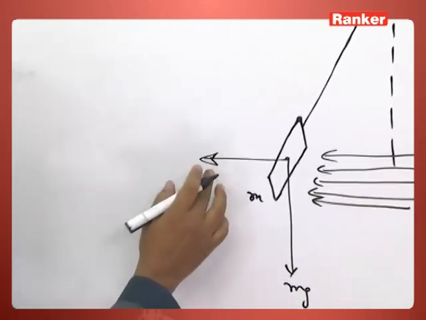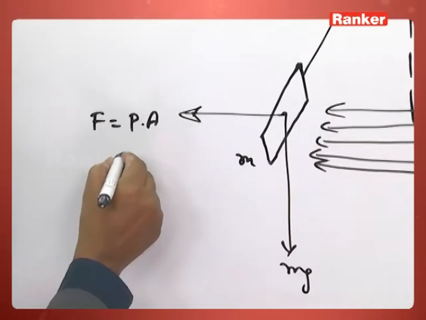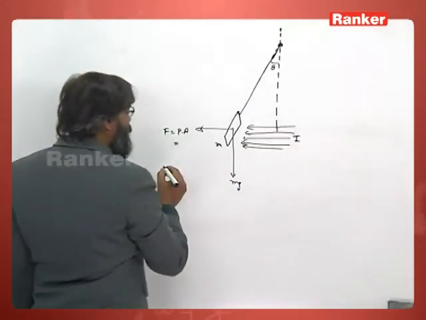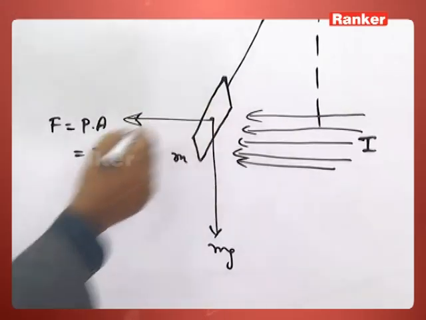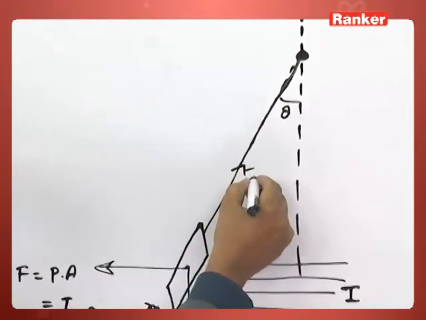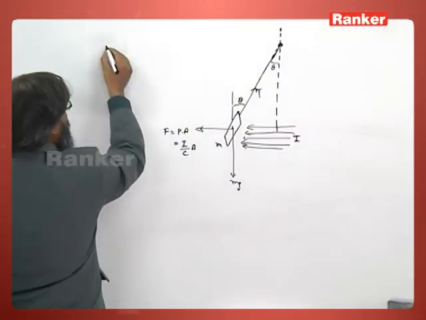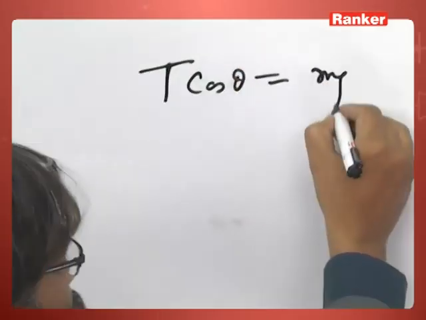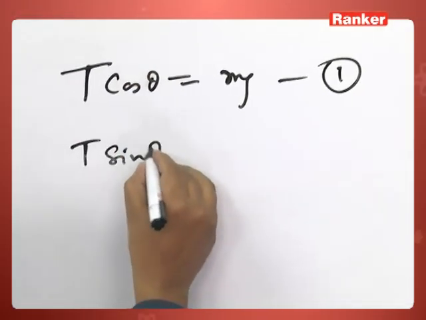So, very small angle. Now this is the force, that is radiation pressure into area. We can write it as, suppose I is the intensity of radiation, then I by C into area, since this radiation is completely absorbed. So here we have tension T, and assume this angle is theta. So we have T cos theta balancing its weight mg, this is equation number 1, and the T sin theta